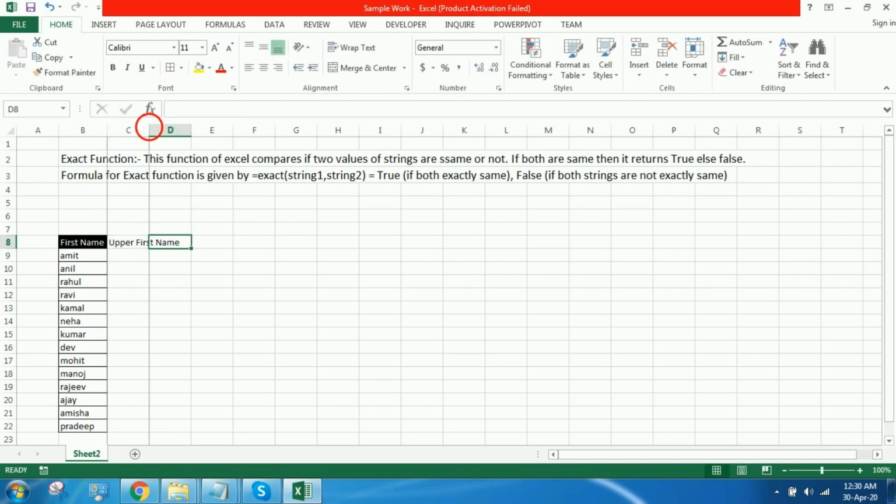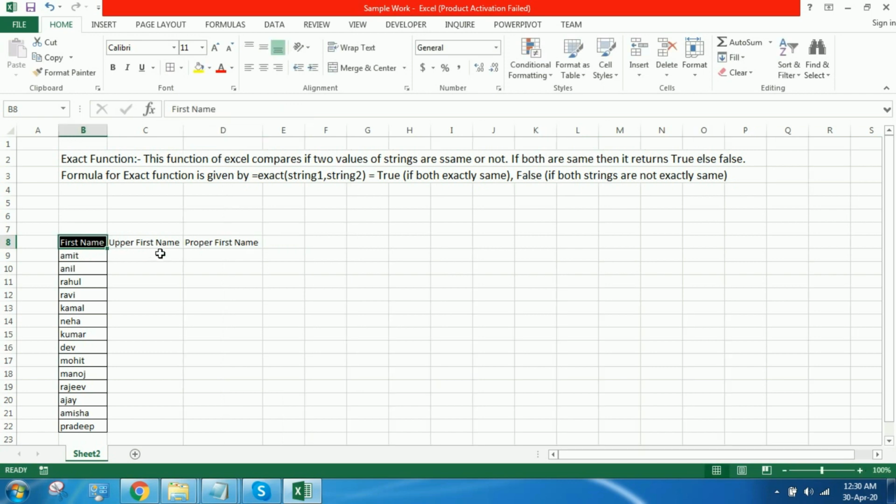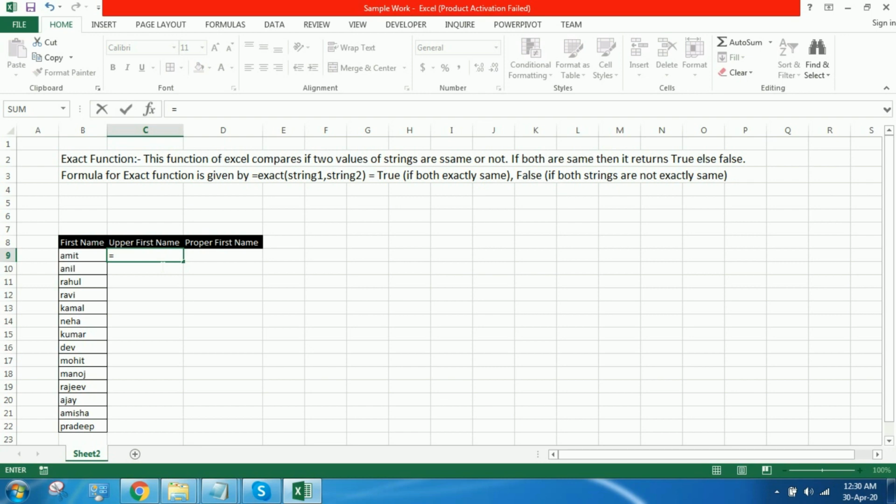For the third case, I'll be copying and pasting the sample data and editing it, keeping a few strings in the same format as the sample data, capitalizing some first names, and putting some data in proper format.